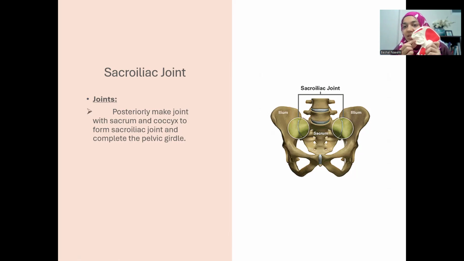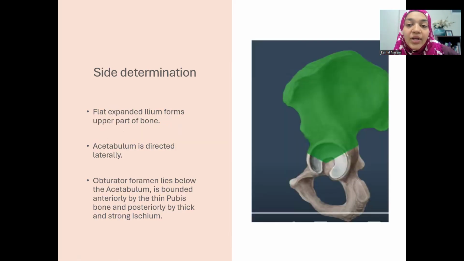Now, the sacropelvic surface has the iliac tuberosity, and this is the auricular surface. The auricular surface is pretty rough compared to the upper iliac tuberosity, and this auricular surface directly articulates with the sacrum behind. So the two bones are joined by the symphysial surface of the pubis bone anteriorly, and the sacrum joins the two ilia posteriorly by making the sacroiliac joint. Inflammation of this joint in heavy weighted women after the age of 45 due to long hours of sitting can cause sacroiliitis here.